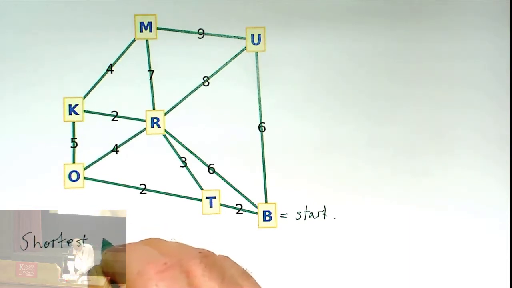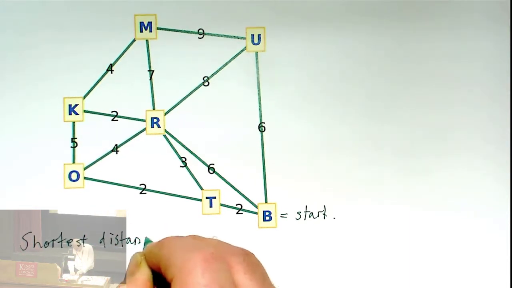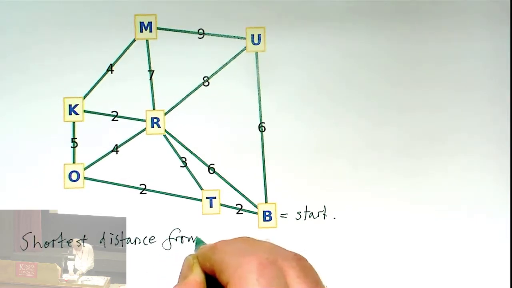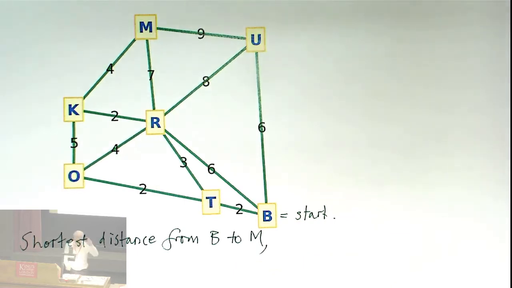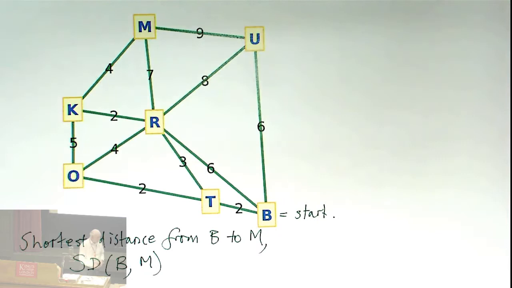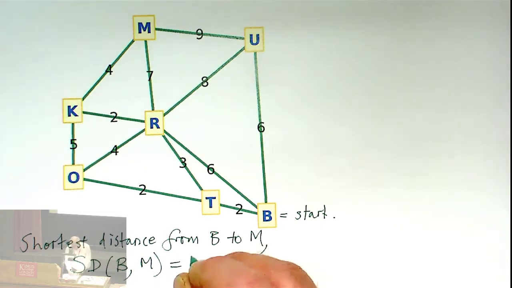Well, it's not that hard. So the shortest distance from one vertex to another means the sum of the lengths, the sum of the weights. I'm trying to minimize the sum of the weights of the paths, and the answer is 11. And the shortest path, if you didn't spot that, the shortest path